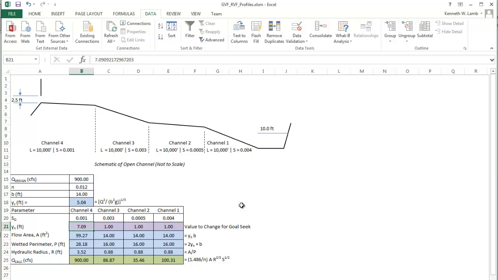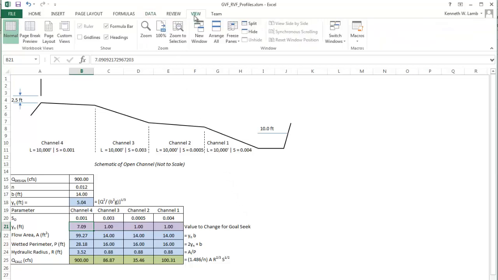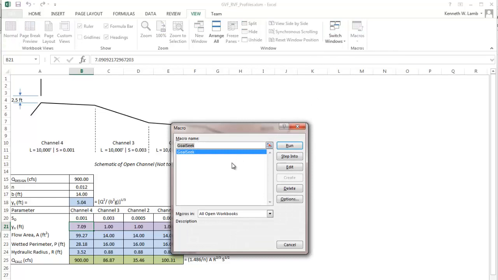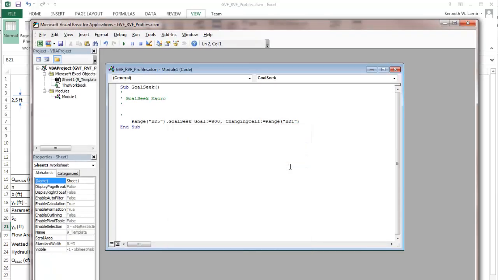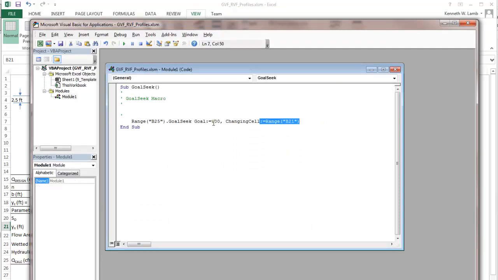Once you've completed that process, go back to the View ribbon and click on the same button underneath and then stop recording. Now, from the View ribbon, click on the Macros button to bring up your list of macros. Click on the new macro you created and then click on the Edit button to open the Visual Basic interface. Once inside, you can see that the code that was recorded was a single line. This single line right here.